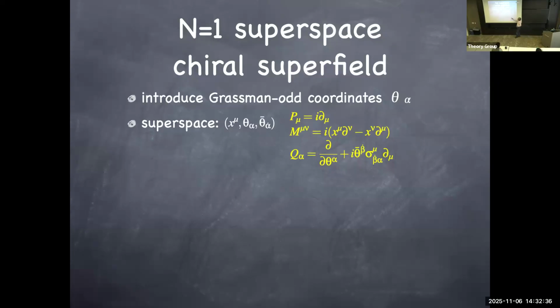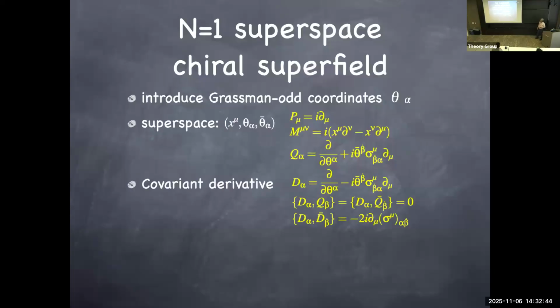And once you do that, you can write supersymmetry as a derivative operator like any other symmetry generator of spacetime symmetry. Furthermore, we would like to write down a Lagrangian with derivatives in it, for example the kinetic term of fields. And you need to make sure that derivatives are consistent with the supersymmetry transformation. So we need some special derivatives we call covariant derivatives that anti-commute with the supersymmetry generators so that we can use them to write down the Lagrangian.